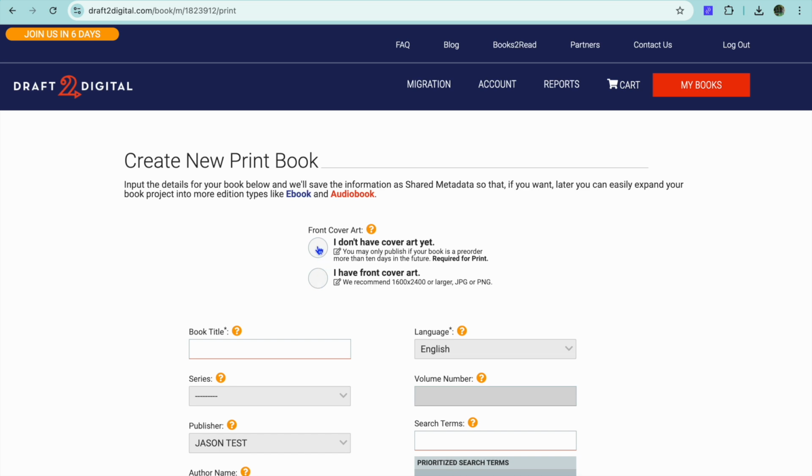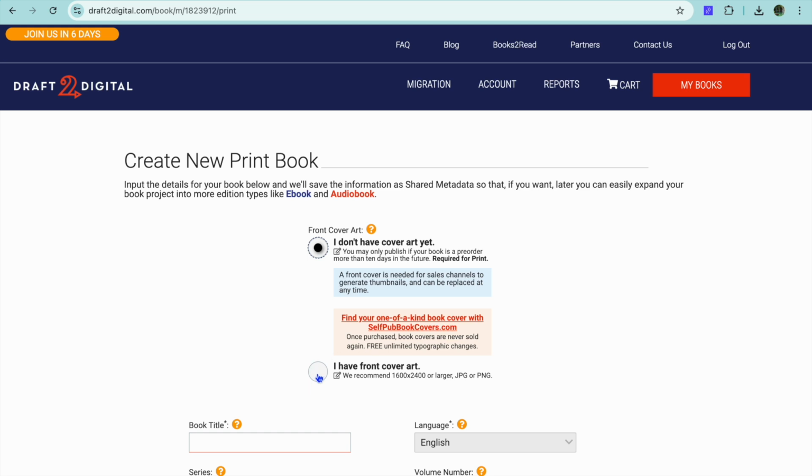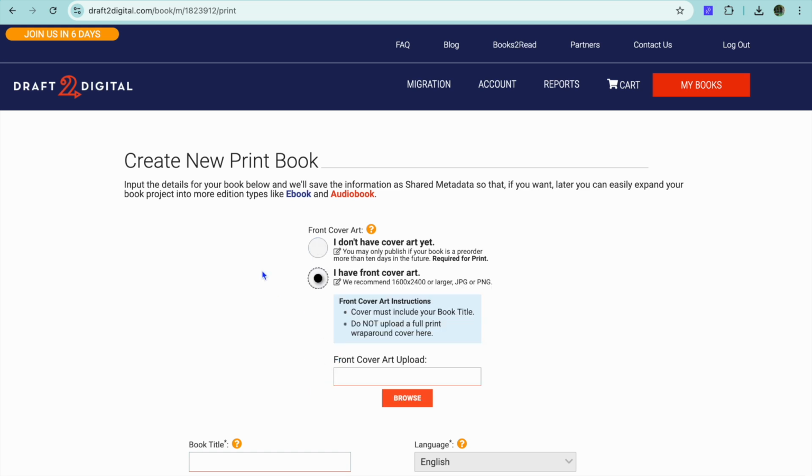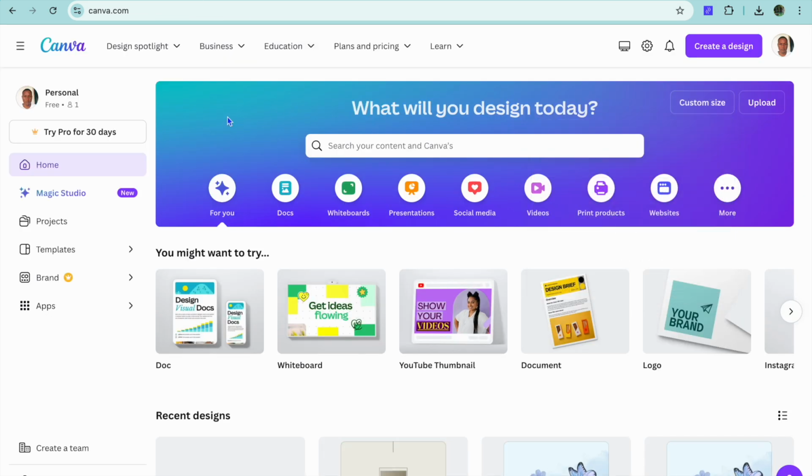If you don't have a front cover art, you can tap here and they have a website that they recommend. But what I would recommend you do is go onto canva.com. On canva.com, you can create an account for completely free, and you can use it to not only create your cover art, but you can also use it to create an outline for your book that you can quickly download